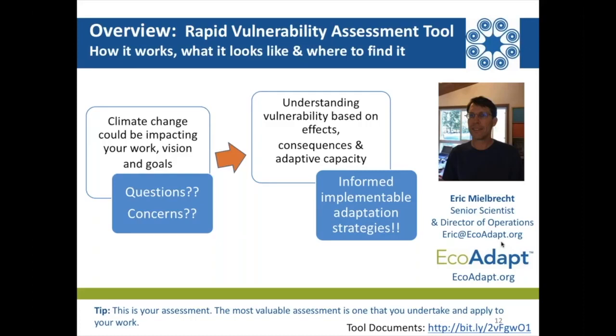My section here is going to focus on a very rapid overview of this process, going through this methodology: how it works, what it looks like, and where to find it. And again, the product is a methodology, so this is just a blinding speed through that. Download these resources, and the instructions are there. The detailed process on how to undertake this yourself is there.